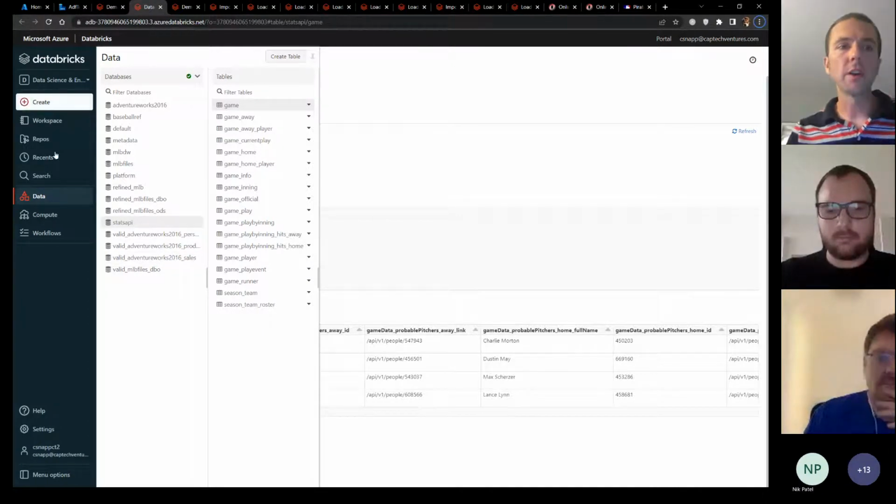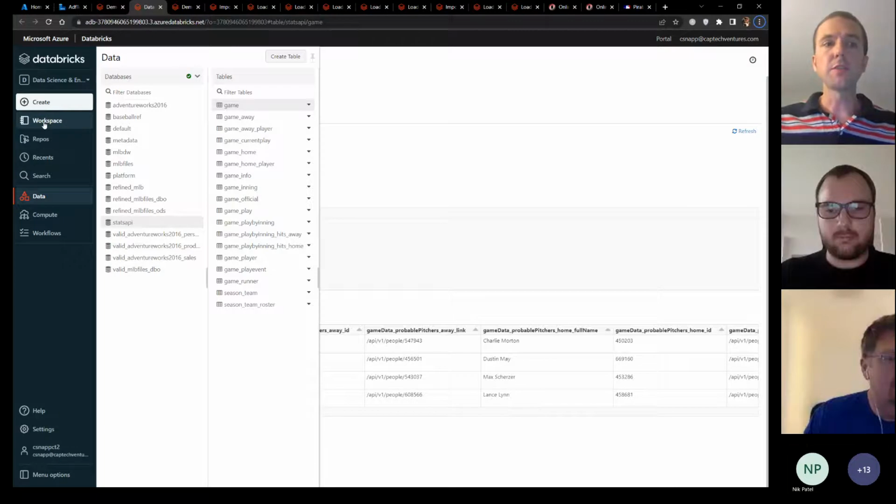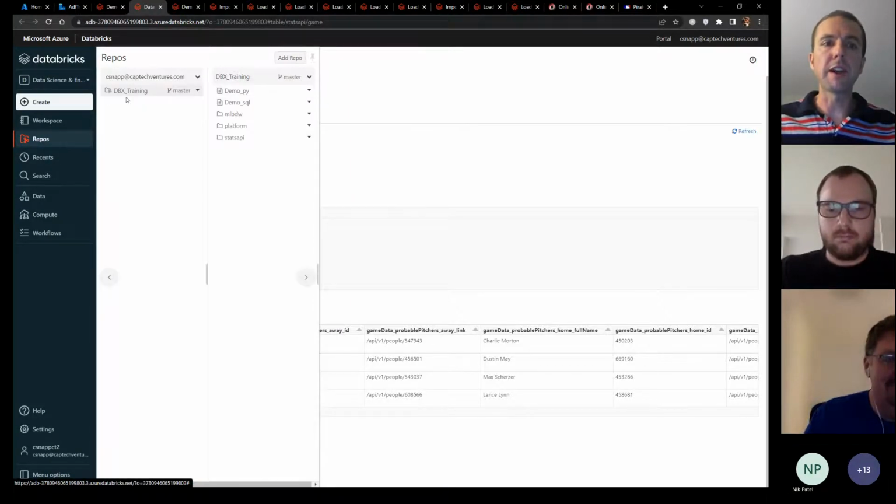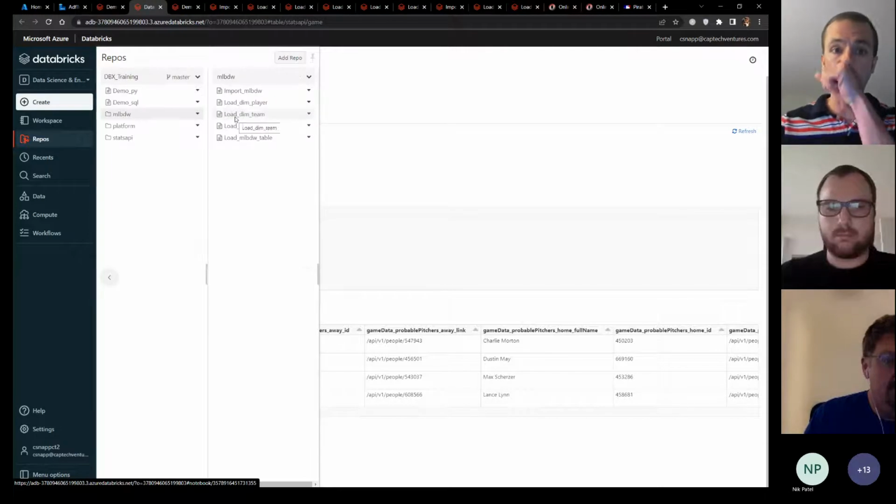So other features of the Databricks Workspace itself, you have this Workspace blade, but you have a somewhat new repos capability. Databricks has long had Git integration that was kind of terrible to work with, but it's gotten much better. So I have a repo here. I have it connected to DevOps. I have branching, and I have a repository called DBX training, and you can see I've got some files and then some folders and then folders within files.